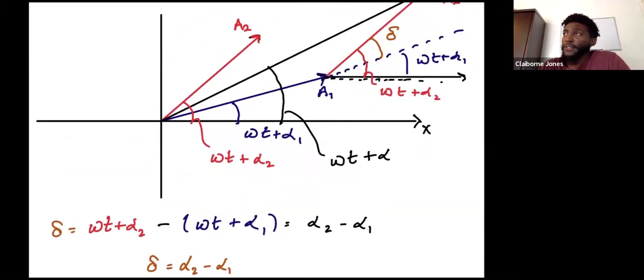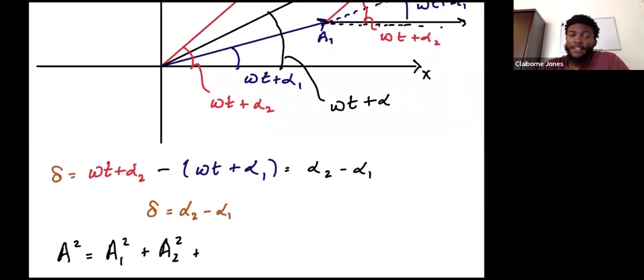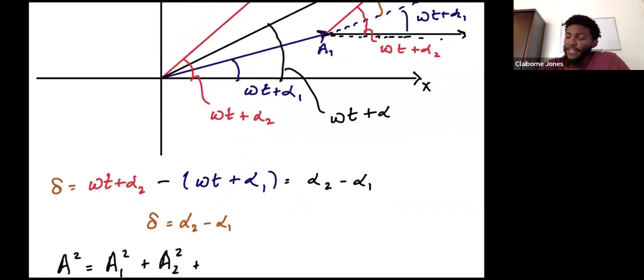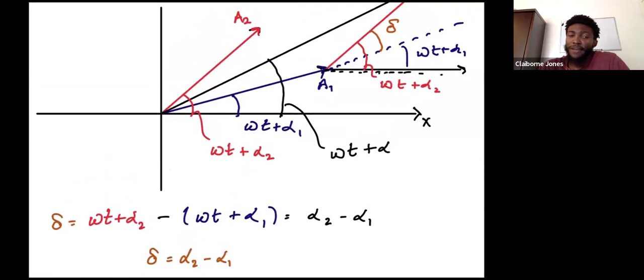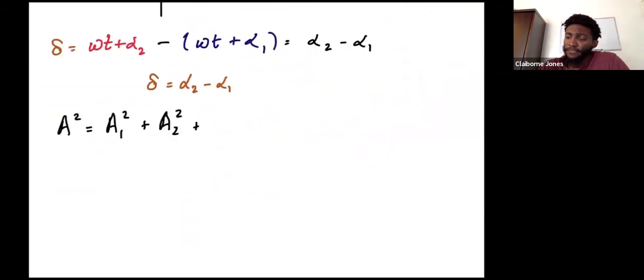Because this angle plus that angle is equal to 180, so the cosine is the negative. The law of cosines would be A1 squared plus A2 squared minus 2 A1 A2 cosine of this angle theta. But that angle's cosine is equal to minus the cosine of this angle. So you would end up with plus 2